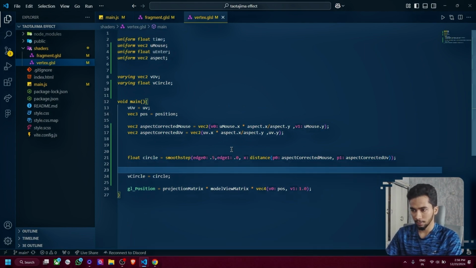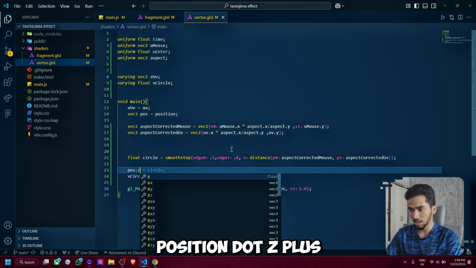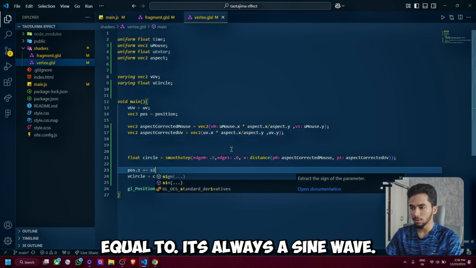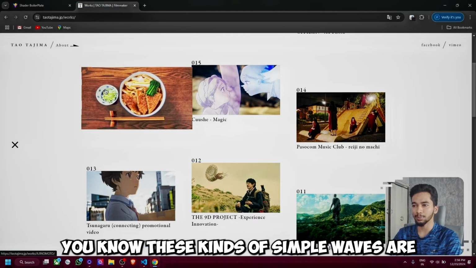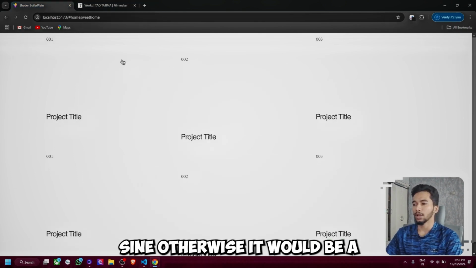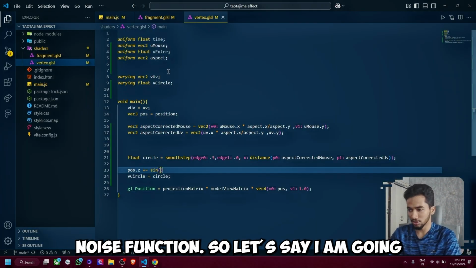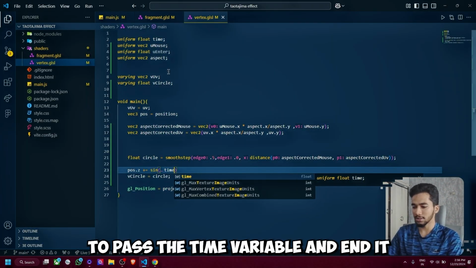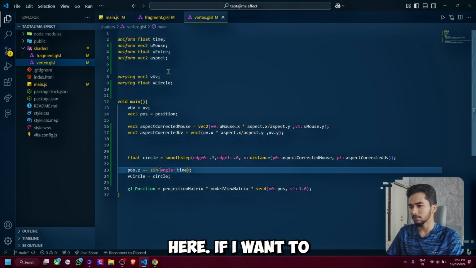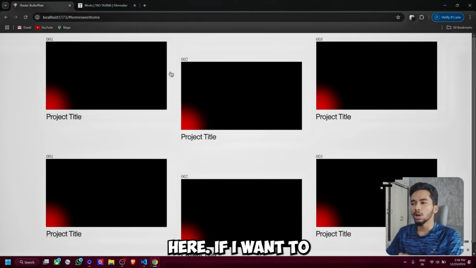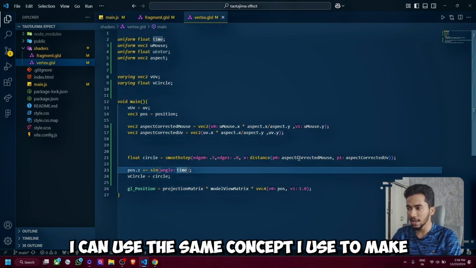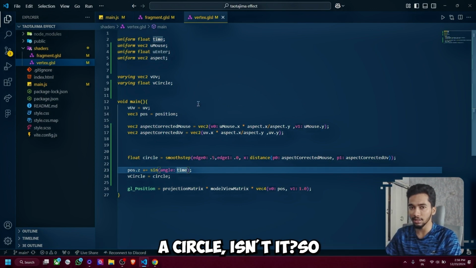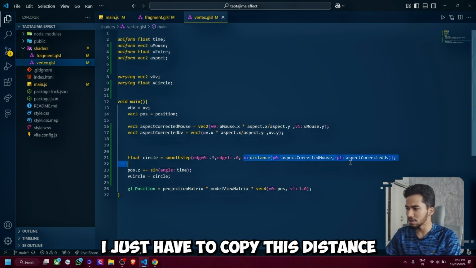So let's say position dot z plus equal to, it's always a sine wave. These kinds of simple waves are sine, otherwise it would be a noise function. So let's say I'm going to pass the time variable and end it here. If I want to start a wave from the center, I can use the same concept I used to make a circle, isn't it? So I just have to copy this distance